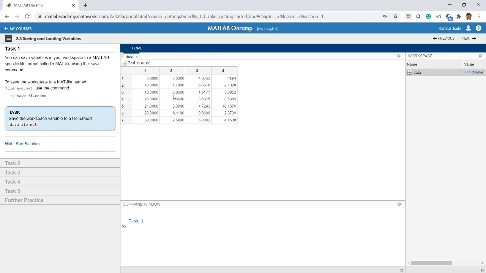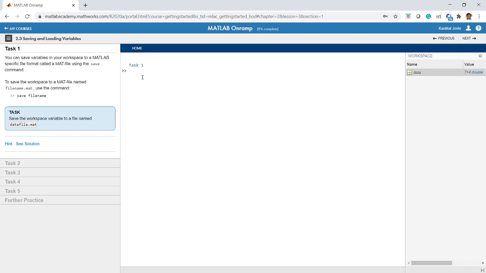I told you earlier also that in MATLAB everything is a matrix. So this data may be an image, this data may be a sound clip, this data may be an actual matrix, but it is stored in a matrix form. Now I want to save this matrix in a particular file, and I want to name that file datafile. So I will use the command save. It will tell MATLAB that you have to save the variables which are in the workspace. Right now there is only one variable, so only one variable will be saved. Suppose there are 10 variables, all these 10 variables will be saved. I want to name that file datafile, that's all.